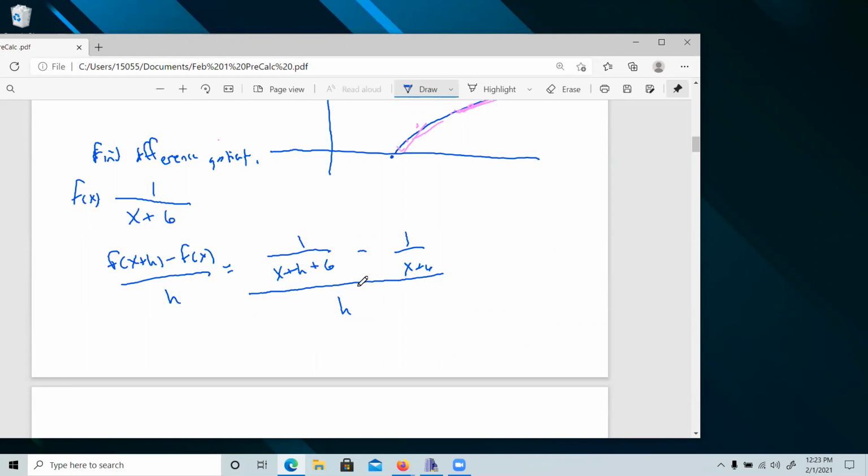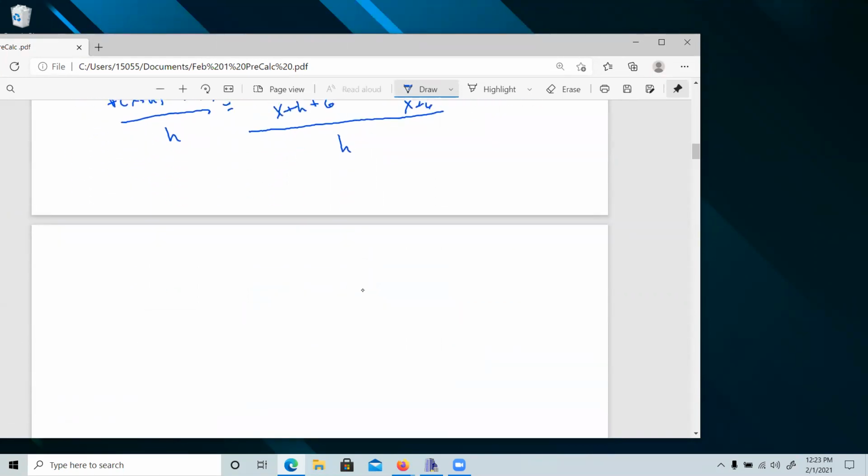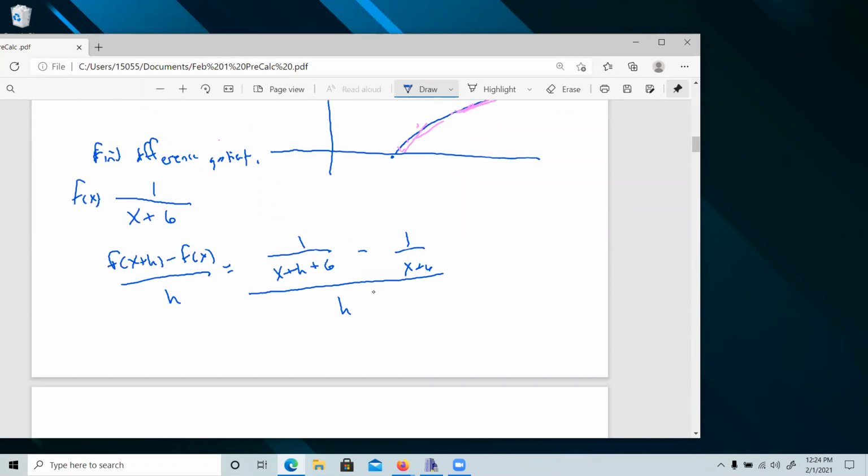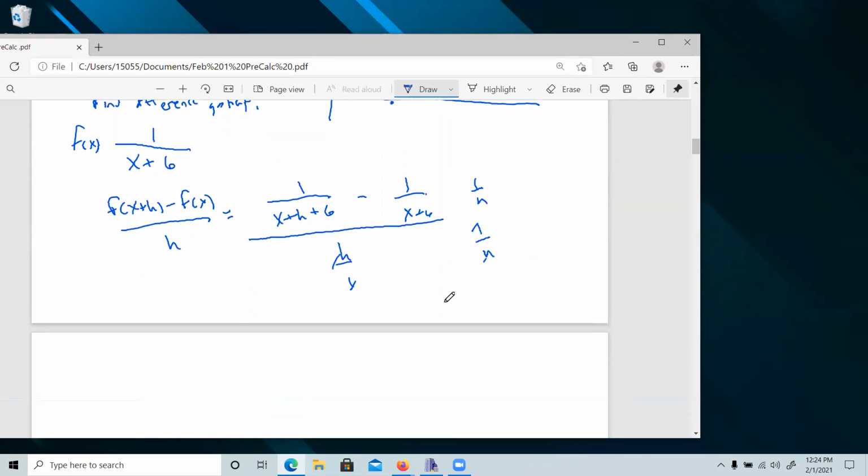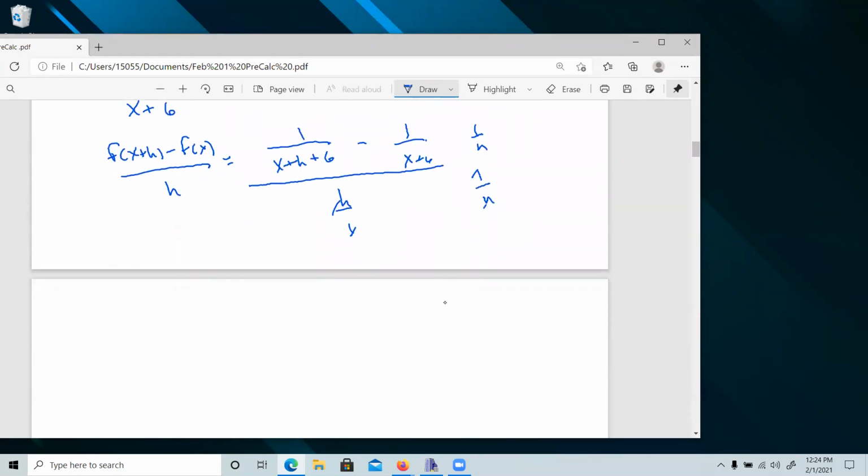One thing I would always do when we had to write this stuff on paper is say, I've got a compound fraction, and how do we deal with compound fractions? We invert and multiply, because really you've got a fraction divided by a fraction. So an easier way to write this, so you have fewer lines, is now I have 1 over h. Again, this is the h I'm trying to get rid of. And then it's times